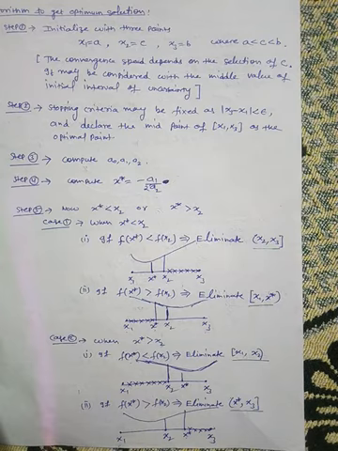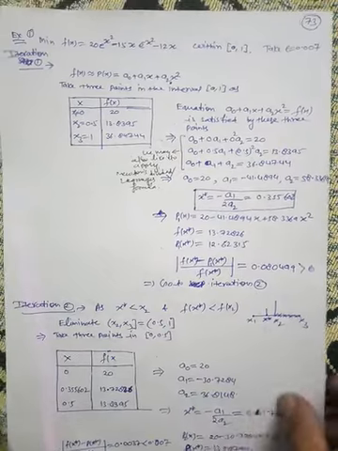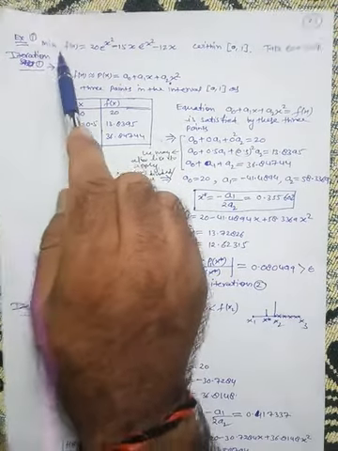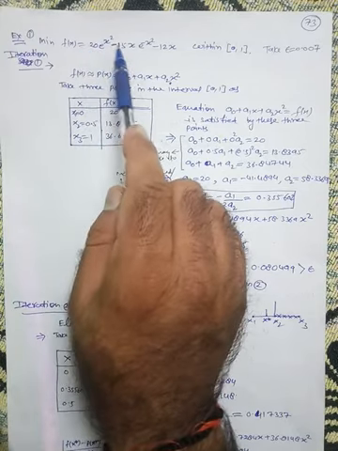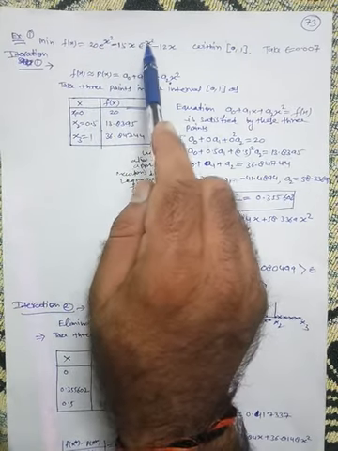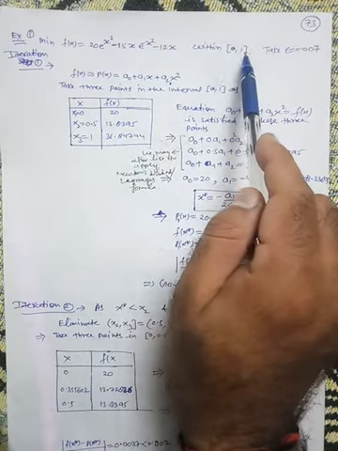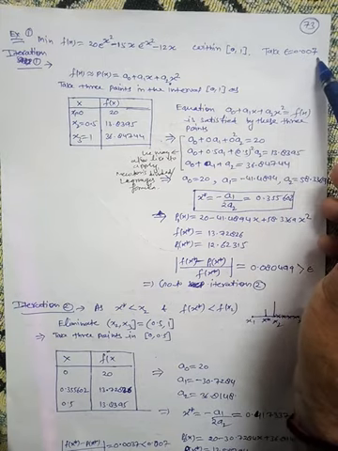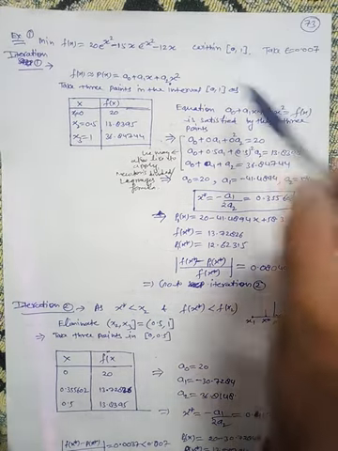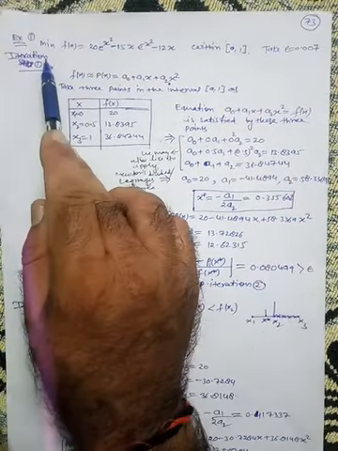Now we will apply this through an example. So this is the example. Example number 1, minimize f of x, which is 20 e raised to the power x square minus 15x multiplied by e raised to the power minus x square minus 12x within the interval 0 to 1, and take tolerance level epsilon as 0.007.